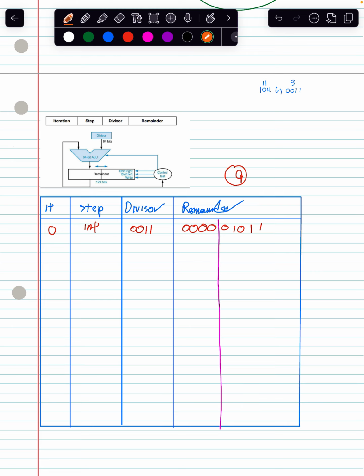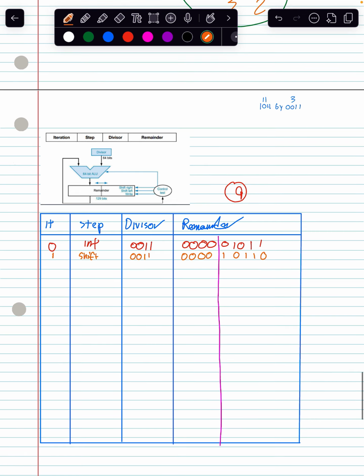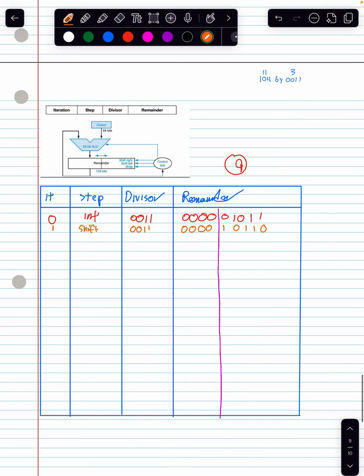So now we go to iteration 1. And the first thing we're going to do is we're going to shift it to the left. The remainder, we're going to shift it entirely to the left. So the divisor stays the same. And then we shift this to the left by 1. And then we're going to test it. So then we test